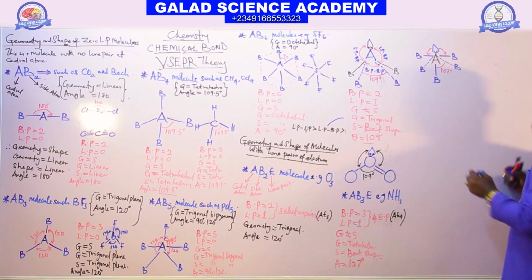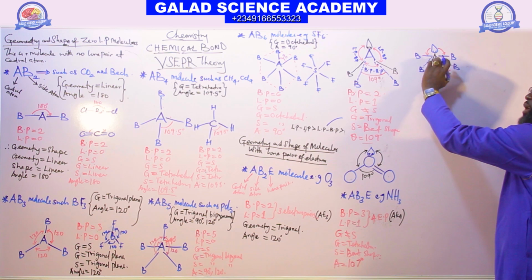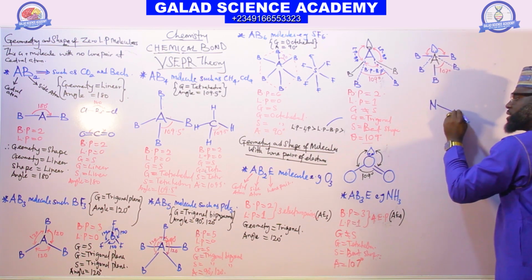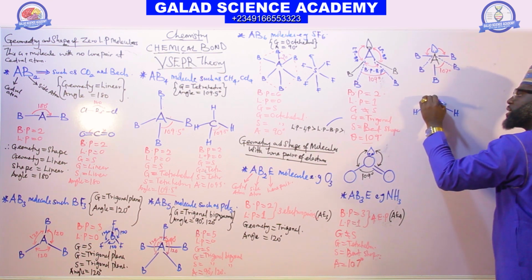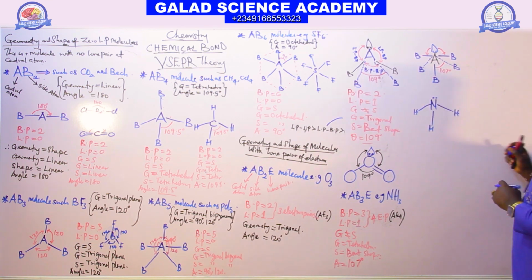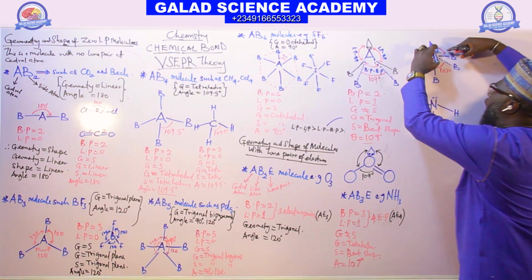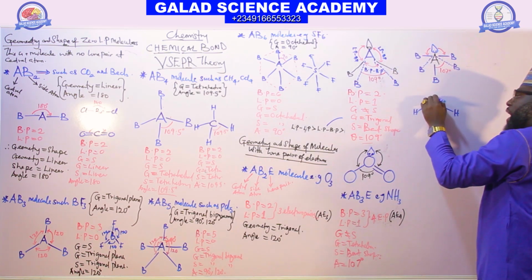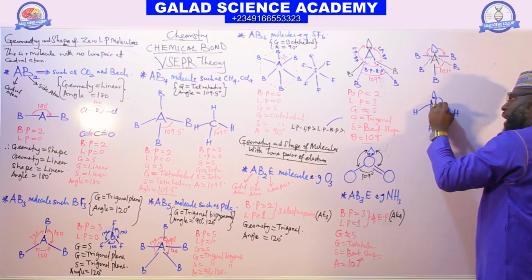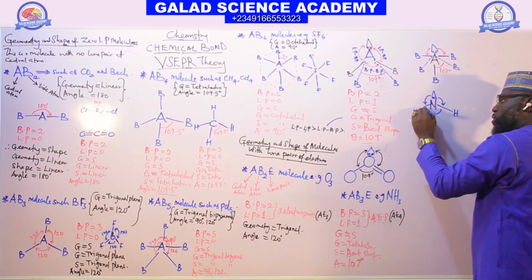Let us look at this in a real molecule. Let me use ammonia as a case study. If you want to draw ammonia, this is your new bond. It will form like this, like this, like this. Then we have a lone pair here. That's why we always draw the ammonia structure in this form. This lone pair is the one that acts on them. It will repel them. And the angle here now, it will